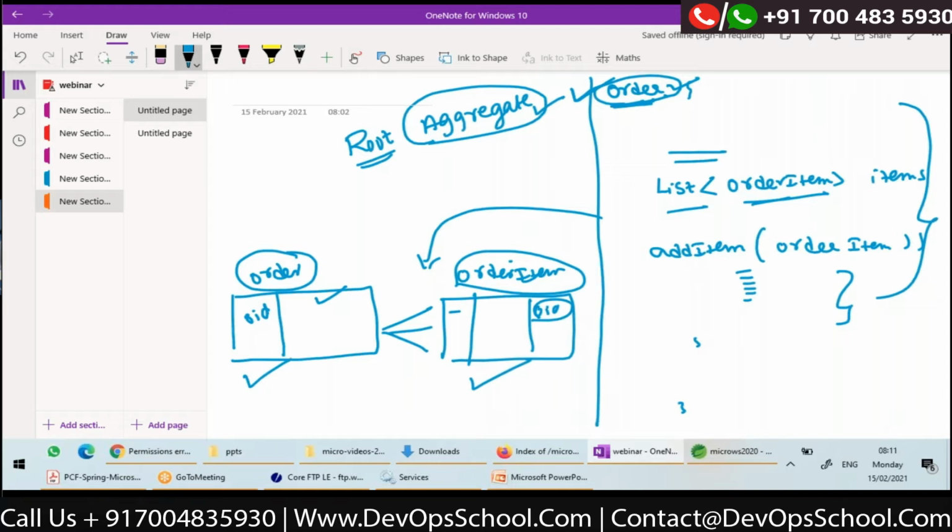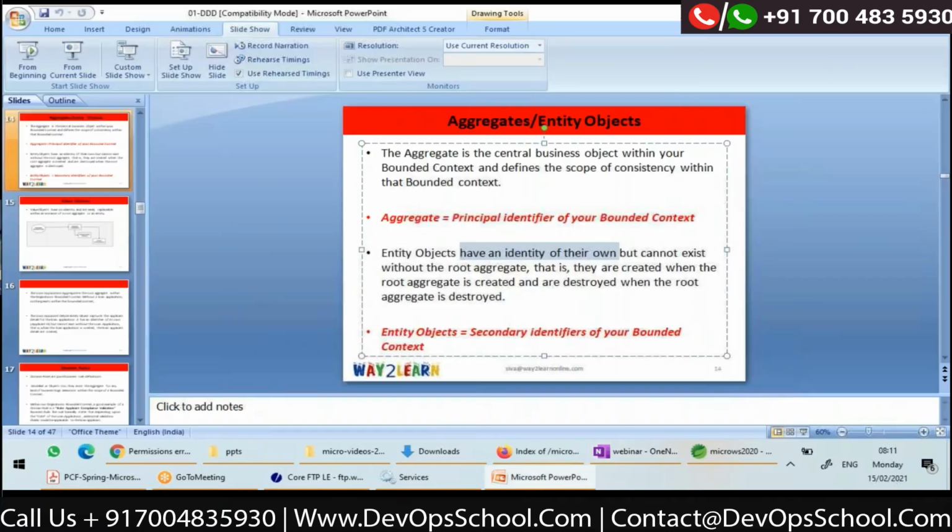So what is the difference between aggregate and entity? Both of them will have corresponding tables in the database. Order item also has an identifier. Order also has an identifier. But an entity cannot exist without an aggregate, right?